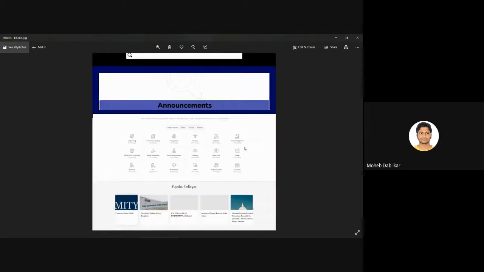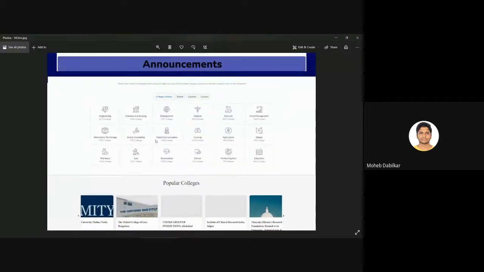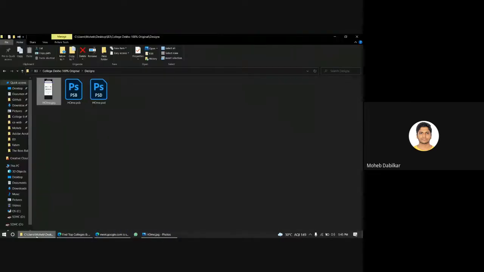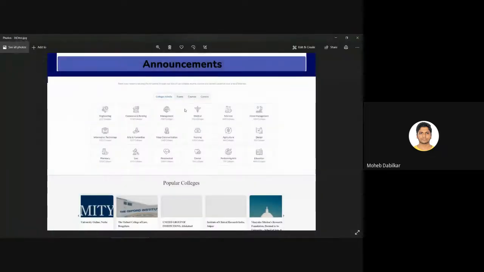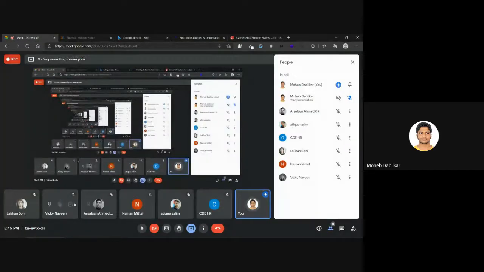Who will go for this part? I would like to assign it to someone. This part where it is showing lots of colleges: engineering, commerce and banking, management, medical sciences and all. Arslan and Lakshan, you guys are done, so don't say anything.